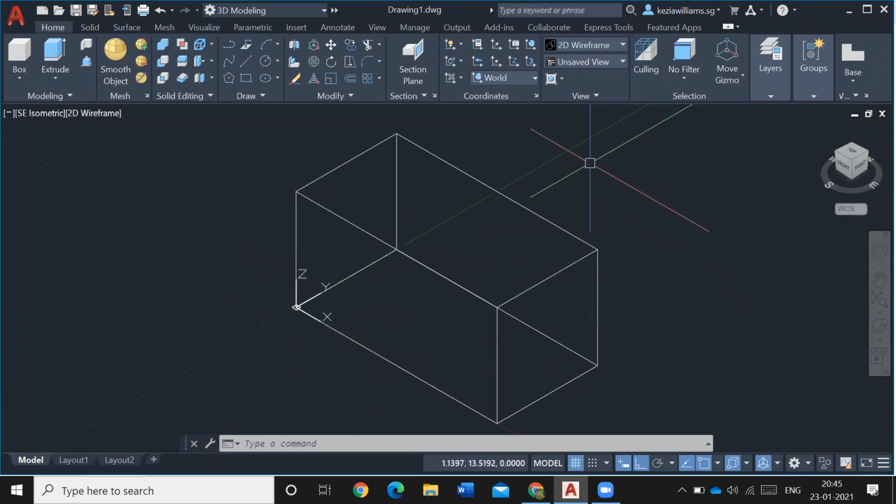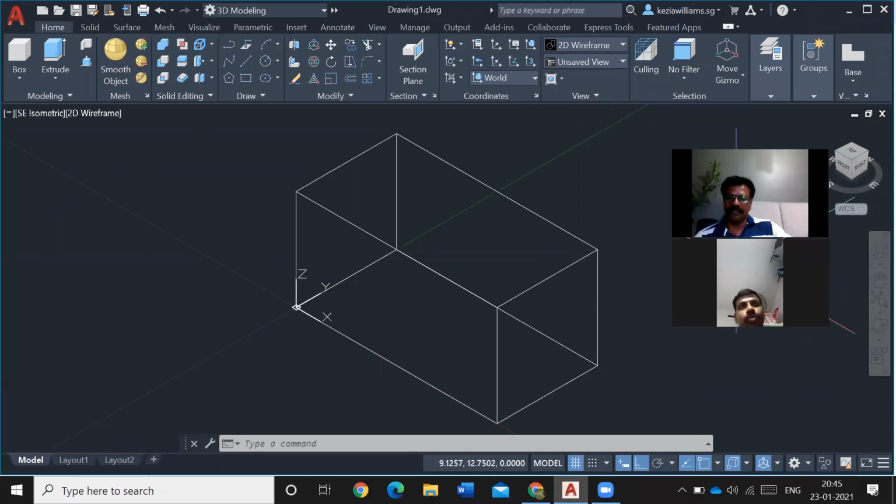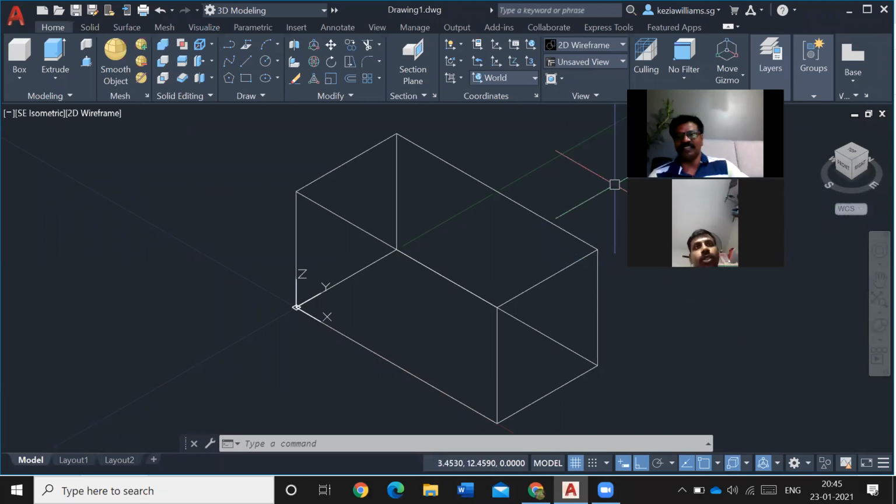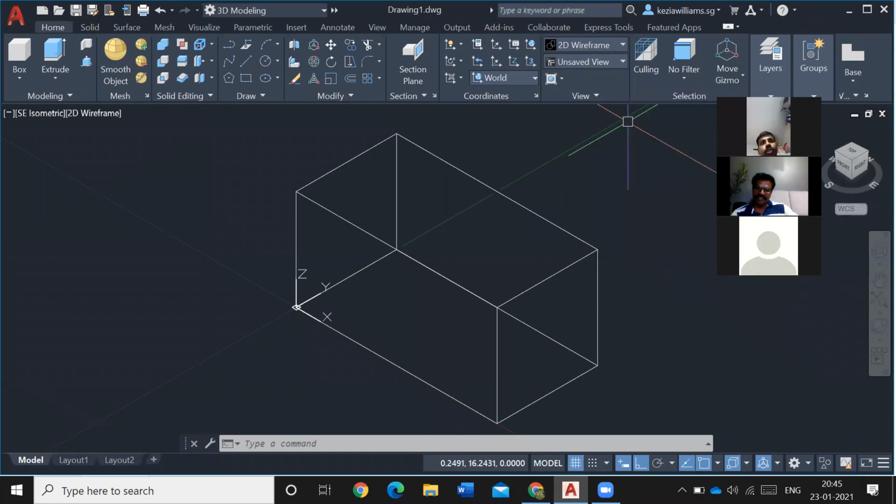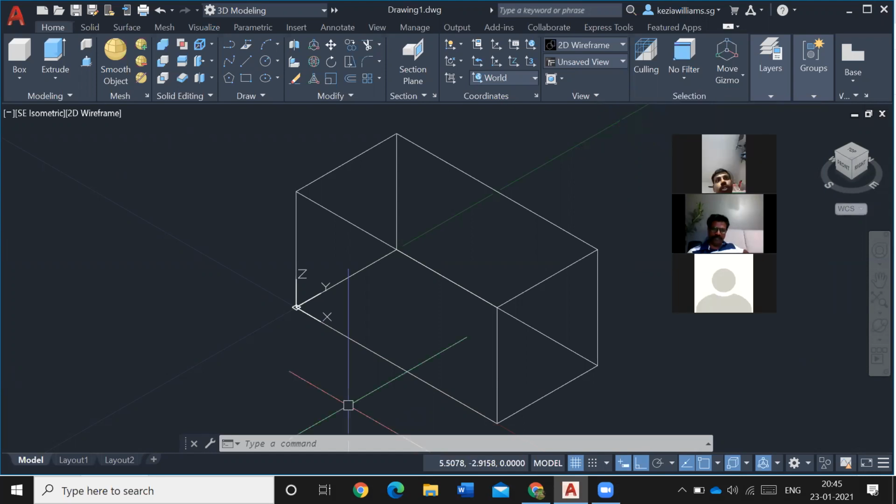Okay, you know what is UCS and WCS? What is the difference between UCS and WCS? Anybody can say? Who can say? If using UCS, we can rotate the X and Y without the object.